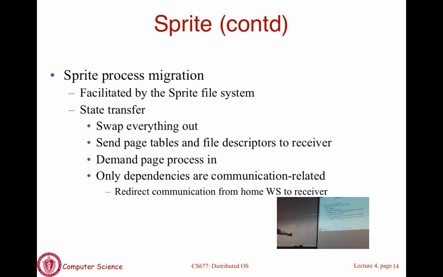The simple way to do it is you suspend the execution of the process so the memory state won't change, move it, and resume execution. That's called stop and copy. You stop the process, not kill it, you just suspend it, so that its memory contents are still there, and then you transfer. If you do it while it is actually executing, things become more complicated. Sprite did not do that, but that's called live migration,